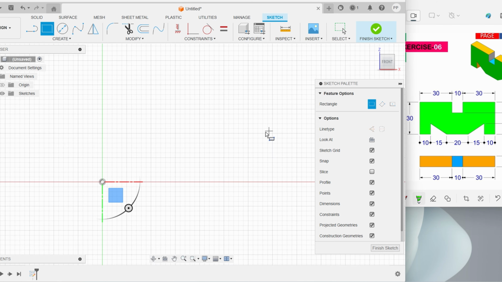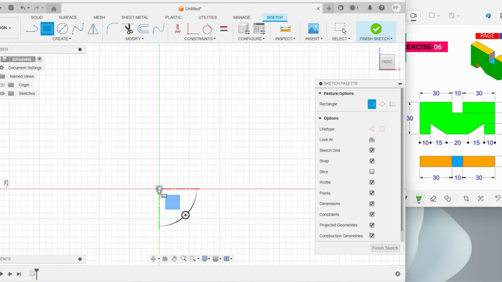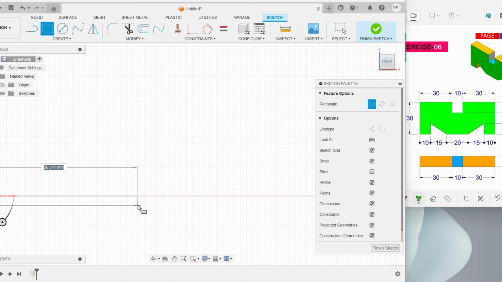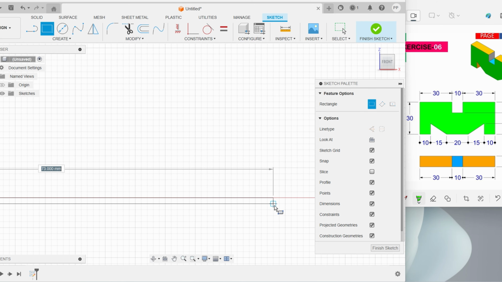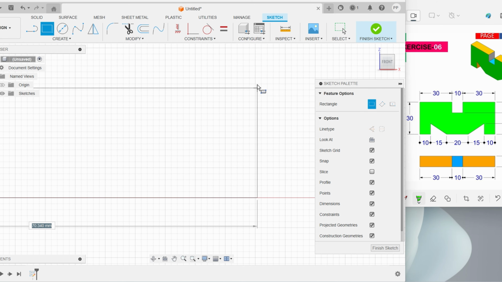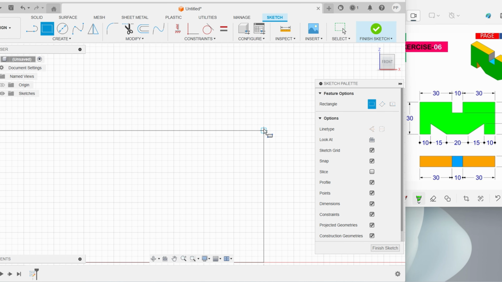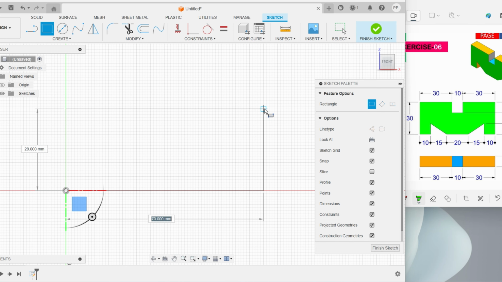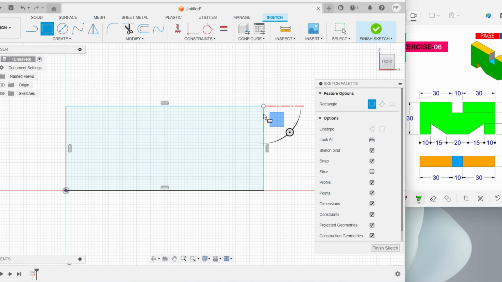So draw a rectangle of length 70 mm because we sum all these, 10 plus 15, it becomes 70. So I'm going to draw length 70 and height 30. Okay,